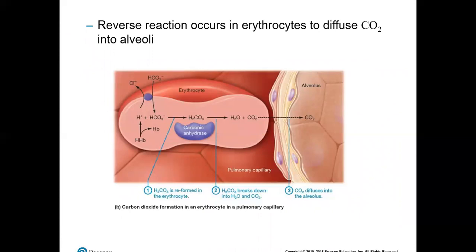Once the red blood cell makes its way to the air sac, the reverse process takes place. That reaction, remember, is an equilibrium type reaction, so it's now going in reverse. The bicarbonate and the hydrogen ion combine and form the carbonic acid molecule. It then uses an enzyme and breaks down into water and carbon dioxide. Carbon dioxide builds up here, so you'll have a higher pressure inside that red blood cell, at least temporarily. That higher pressure then pushes CO2 out of the blood, through the tissues and into the air sac,